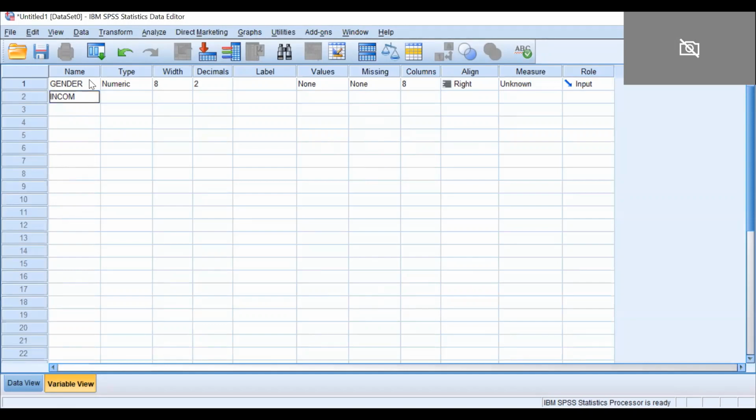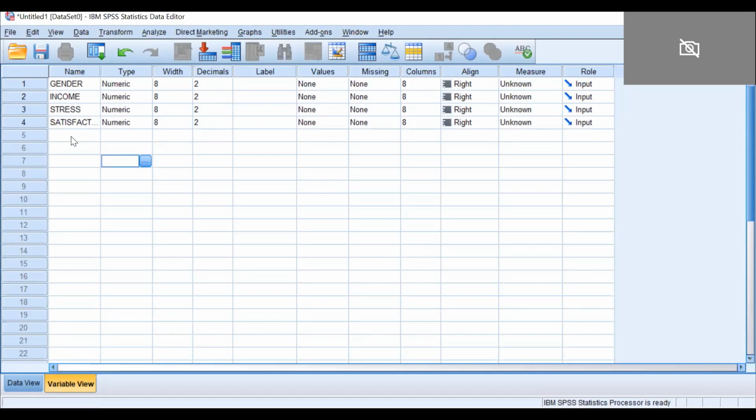The third variable, let's say, is stress. The fourth variable that I have used in my research is satisfaction. So these are the four variables on which I am conducting my study.